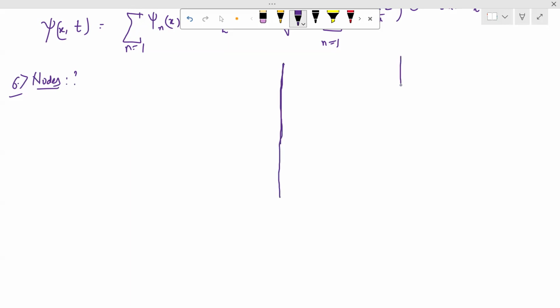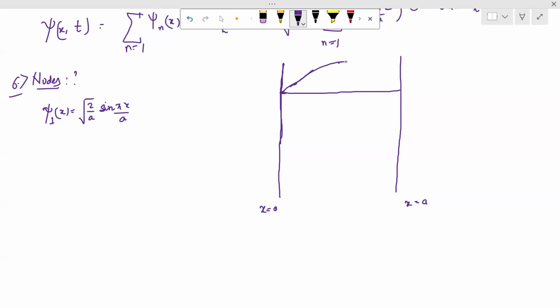So let me draw something like this. And now we'll go a little bit with right ways. Okay. So now let's say this is x equal to 0, and this is x equal to a. Now, if I want to draw the ground state, what would be the ground state? The ground state will be given by psi 1(x), and it is equal to root over 2 upon a sine of pi x upon a. So clearly, it will reach the maximum when x is equal to a by 2,